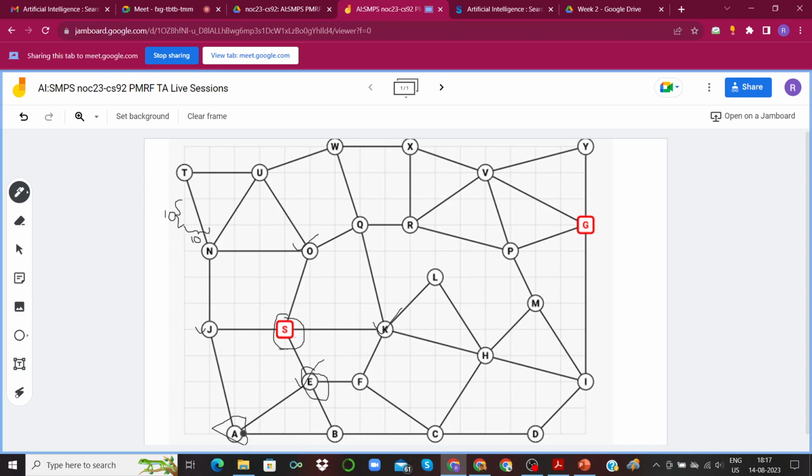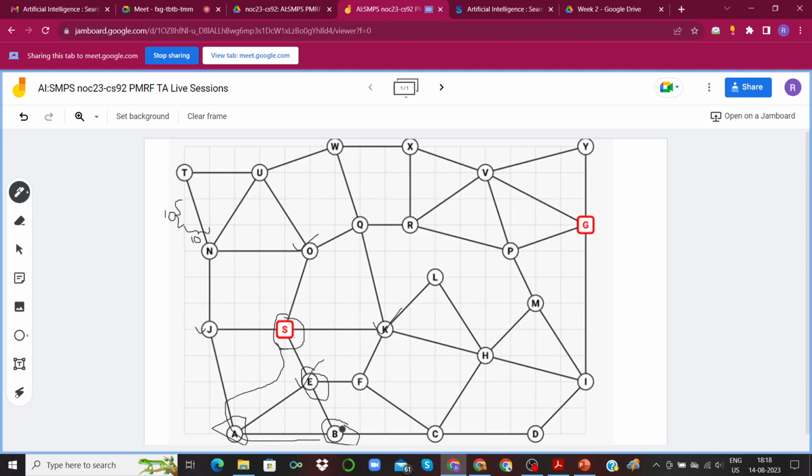Okay. Once we are at A, we could go to J or B, right? And we are going to go to B because again it's alphabetical order. And remember that once depth first search starts going down a path, it goes down the depth. Okay, so it won't care about the nodes in the neighborhood. If you also implement it the way that we had discussed in the previous live session, you will arrive at the same answer. But just for the sake of not going through every minute detail once again, I'm just following this simple intuitive approach of depth first starting at a particular node and then going through a particular depth, which in this case is in this direction.